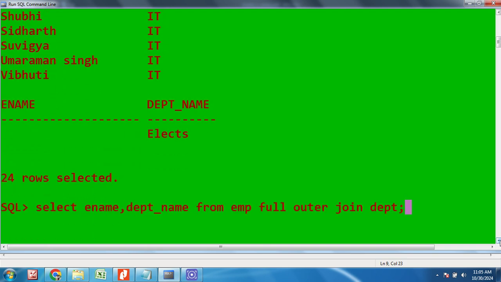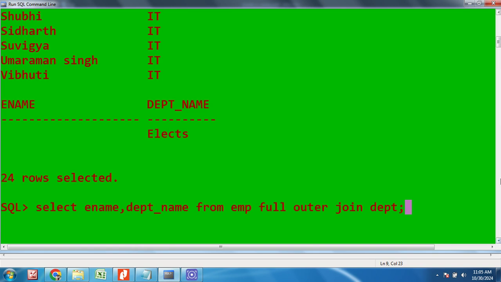Another way of writing full outer join, just try like that. Can we write full outer join like that? Every command has its own declared syntax. We must write the command as per the declaration, as decided. So if we try to write full outer join like this, will it be executed? These types of questions are frequently asked in competitive examinations, and this is a practical, experimental based question.